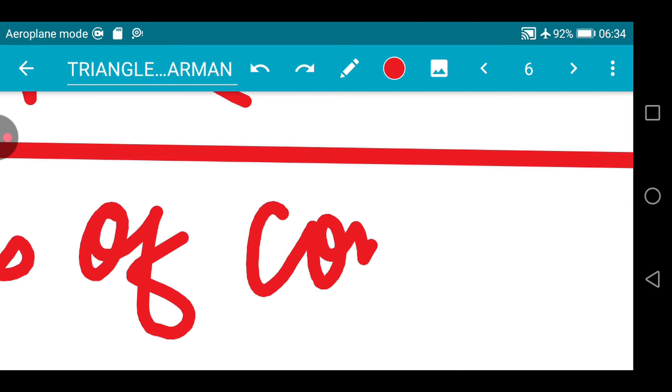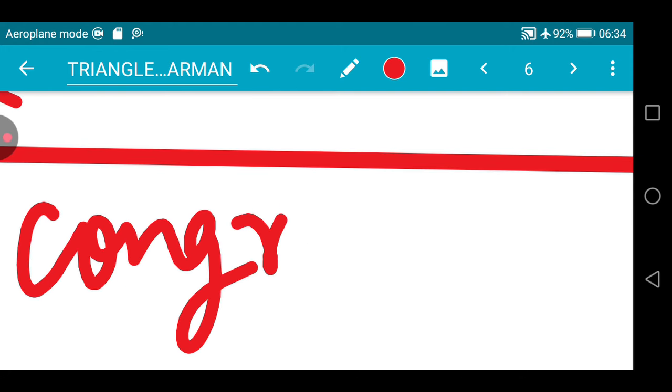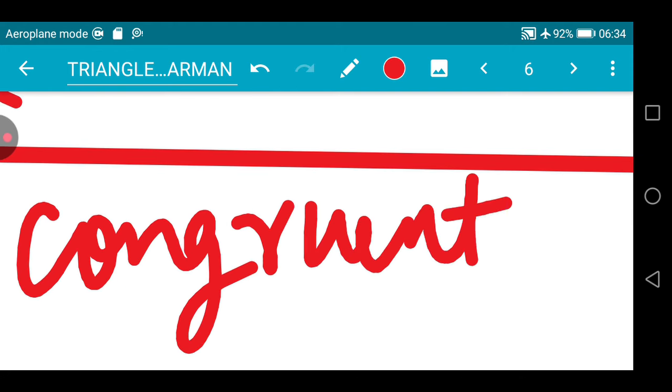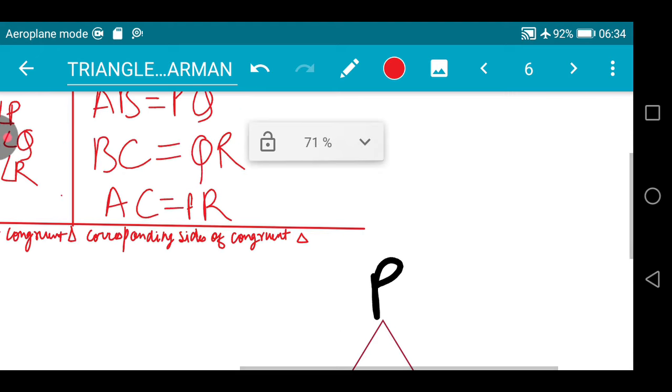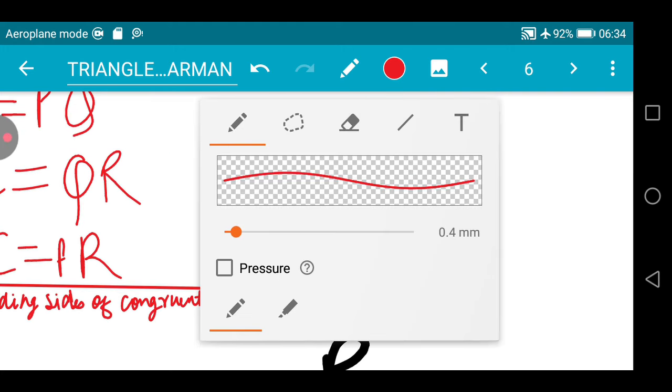Corresponding sides of congruent triangles. And if we combine these both,